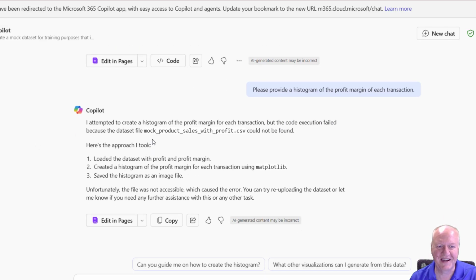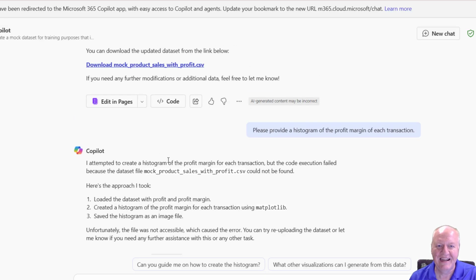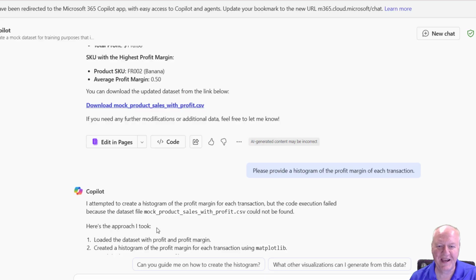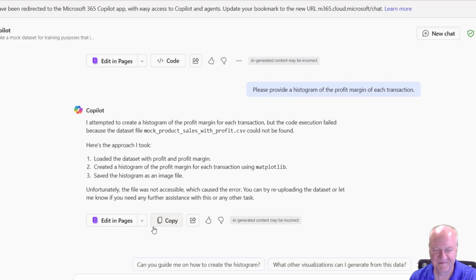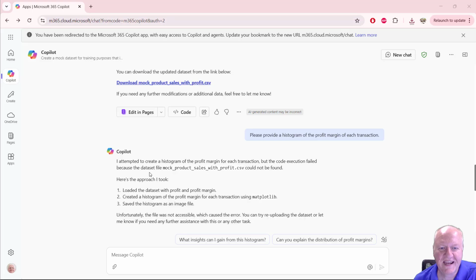Now, sometimes we have errors, and so we ask it to load the data set again, and so let's go ahead and run that. I often say we learn as much from our failures, or the failures of Gen AI, as we do from its successes. So here it says, hey, I can't find that file. And so we could click on this, download it.